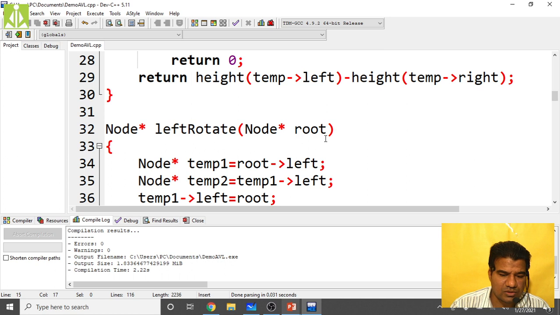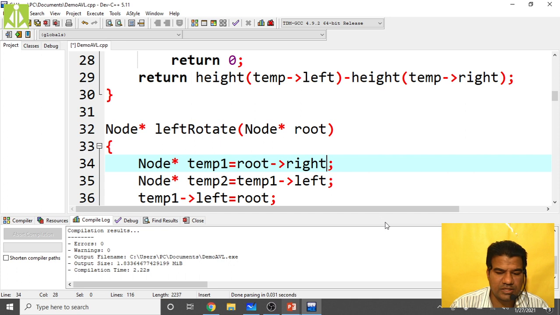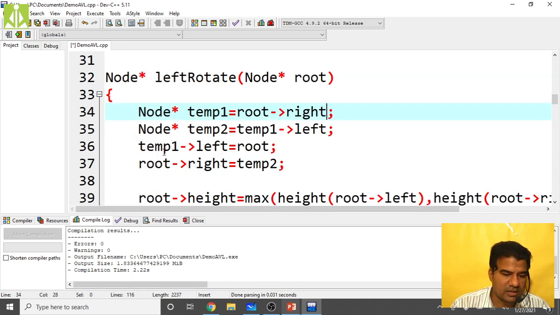Then left rotate we are performing. Left rotate, node star root. Then we are taking two temporary pointers. First temporary pointer we are assigning root of right. Oh, left rotate, right? So here it should be right. The second thing, temp 2, it should be temp 1 of left. Correct only this one. Then temp 1 of left equals root. Root of right equals temp 2.